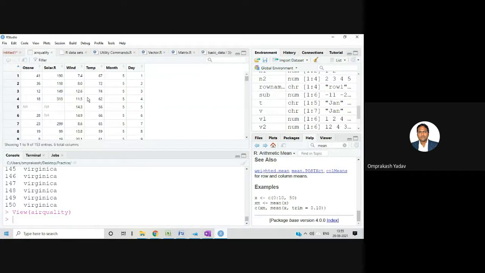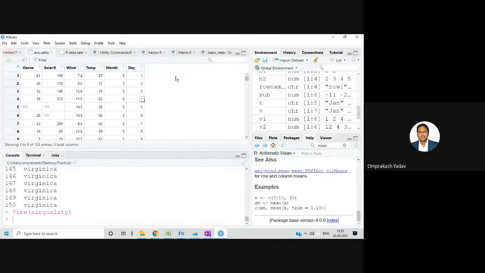The data is there, like ozone, solar radiation, wind, temperature, month and day. According to the different months, like 5th month, 6th month, 7th month, its data is being recorded, like what the ozone level is, how much solar radiation, how much wind there was, what the temperature was, and on which particular day, 1 to 30, 31, all the data is recorded.